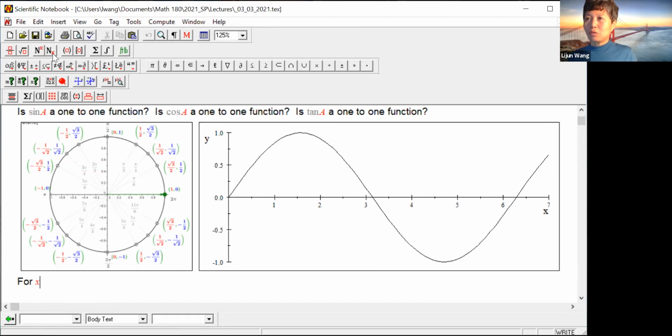For x1 equals pi over 6, I'm just quoting the examples we have here, x2 equals 5 pi over 6. You can see that x1 is not the same as x2, but